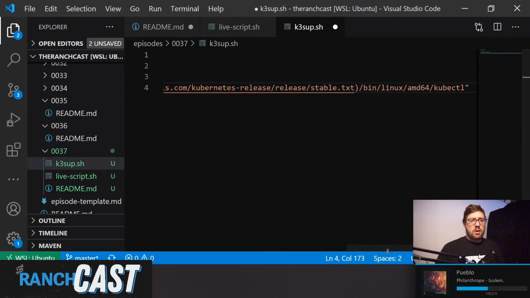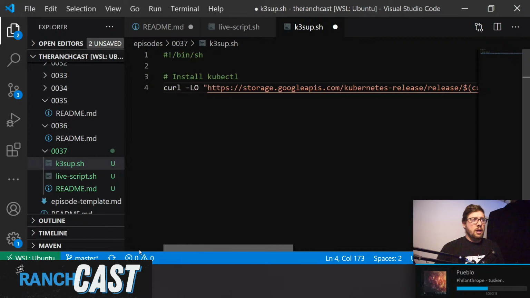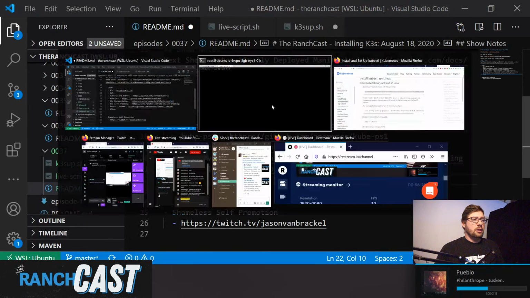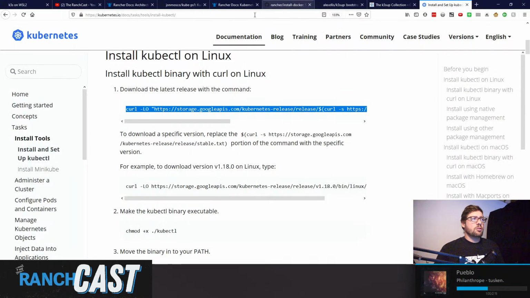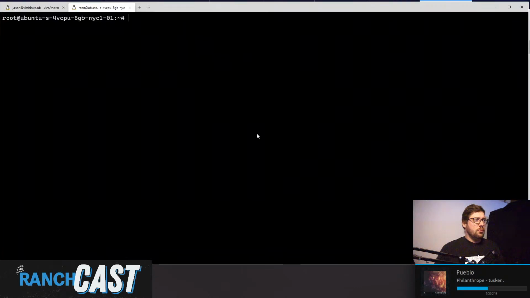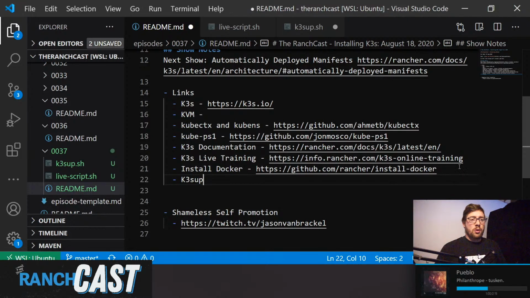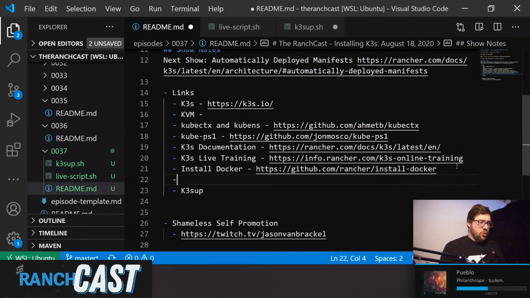Everything look hunky-dory there? Yep, that looks hunky-dory to me. And then we'll also put that in the README for installing kubectl. You probably don't need it if you're already working with Kubernetes, but for the sake of completeness,